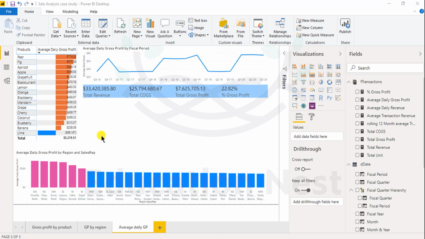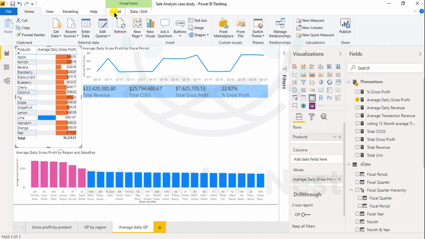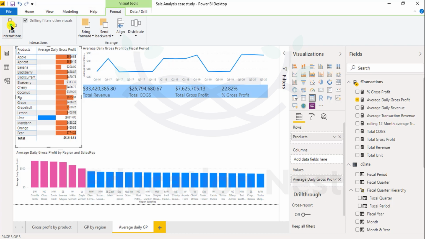Now let's see how the matrix table will interact with other charts and multicards. Just select the matrix table and click on format and click on edit interaction. Now if you can see,